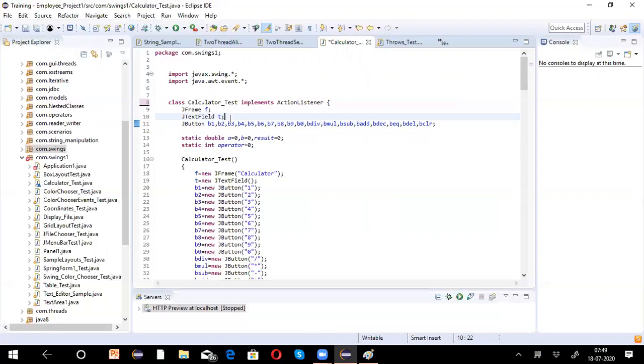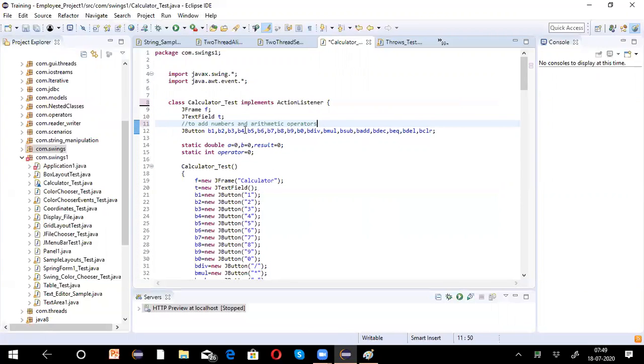The text field is to enter values or numbers. And A equal to 0, B equal to 0, result equal to 0 is to store operand values and result values.